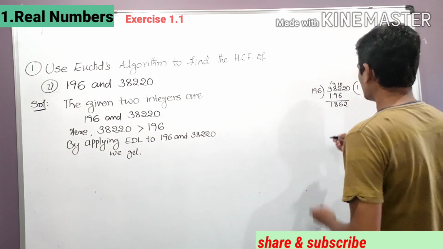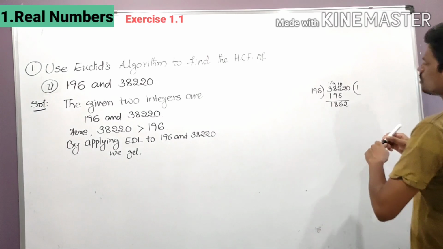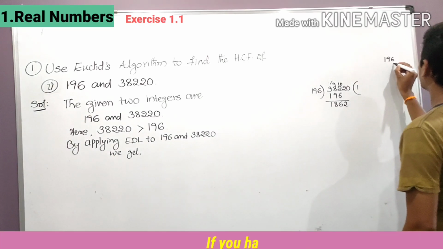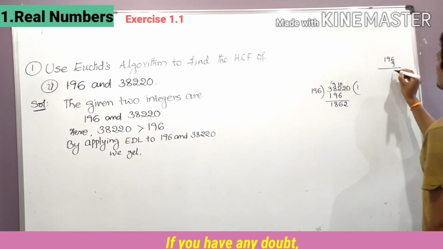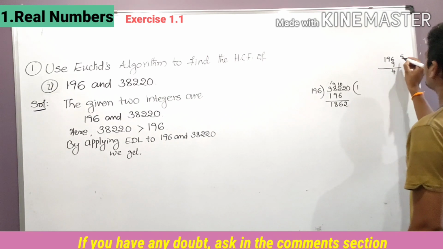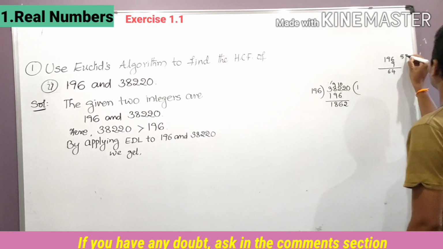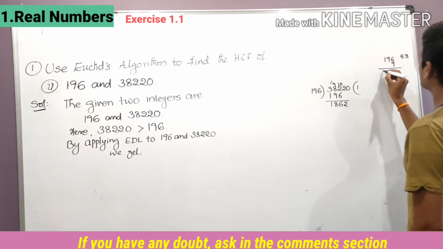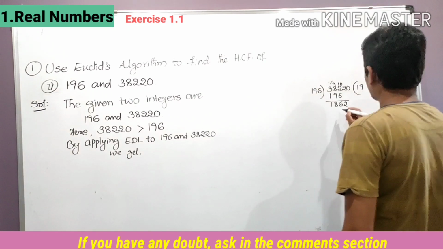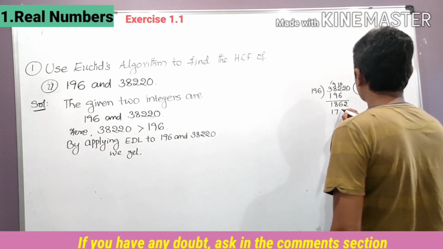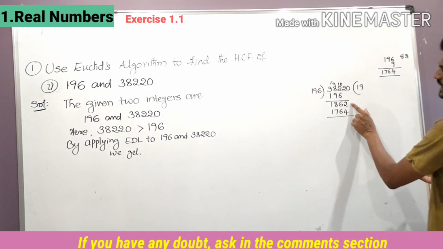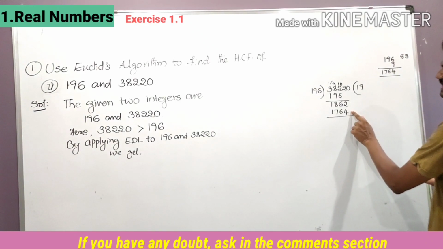So next what we have to, student, take 2 here. Take 2. So next 196, how many times it goes? Just I am trying 196 into 9 times, student. 9 6s are 54, 4 and 5. 9 9s are 81 plus 5, 86 and 8. 9 1s are 9 plus 8, 17, student. Yes, it goes. 196 9 times are 1764, student. 1764. So here it is 1862, here it is 1764.